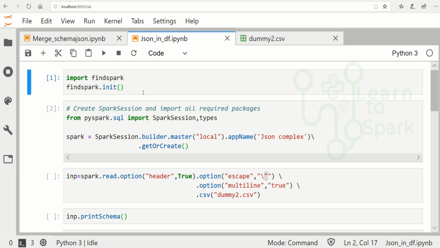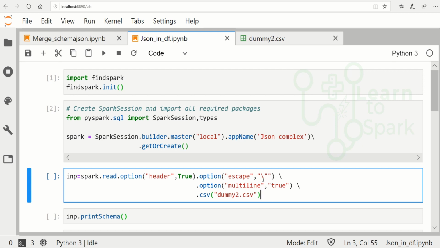I have initiated the first two commands, that is, findspark initiation and the Spark session. Let us read our input file. Here we can see I am using an escape option as well. Since the request column is of JSON type, there might be issues with the quotes inside that column, so I am escaping the quotes inside that CSV file.